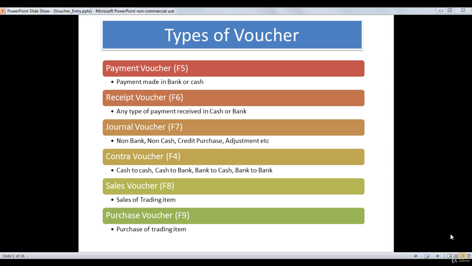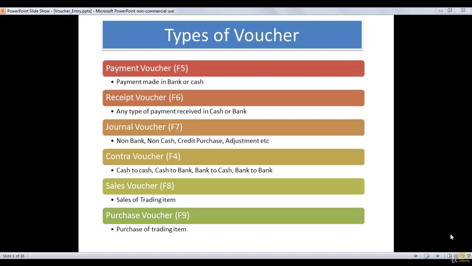Okay, so the first voucher is a payment voucher. The shortcut is F5. Payment made in bank or cash means any sort of payment which has been made and realized in the form of draft, cheque or cash, that will be considered under payment voucher. For example,